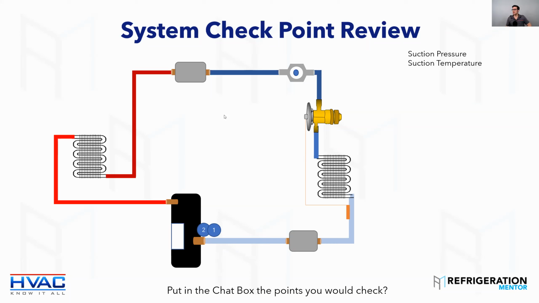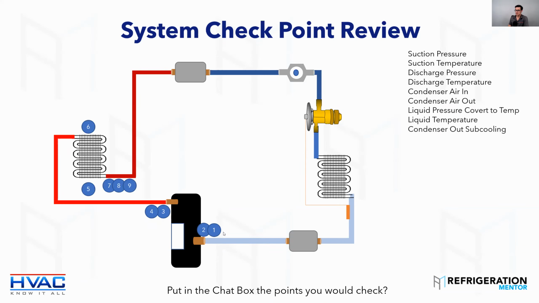Fantastic. I love it. Okay, we're going to go through this. I could spend a long time on this, but Matt said discharge temperature and discharge pressure, and there's going to be more of them. Air in, air out. I think John said that, delta T. Your subcooling at the outlet. So you get your pressure and temperature, and convert it. Temperature in, temperature out.